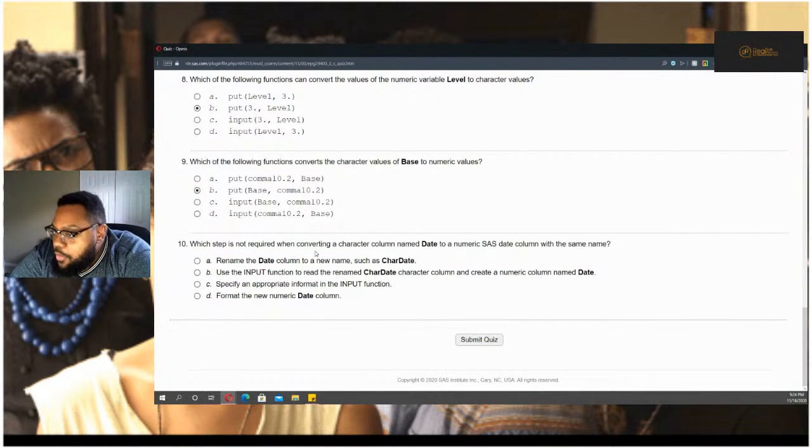Which step is not required when converting a character column name date to the numeric SAS date column with the same name? Oh, bars. Wow. Well, if we're seeing input function, then we know it's going to be